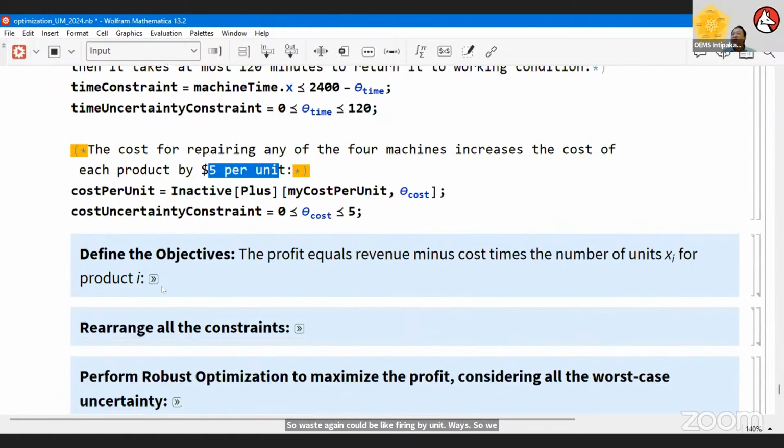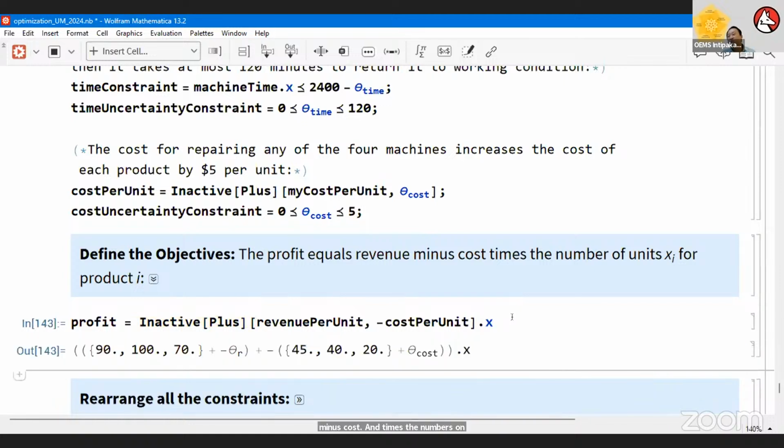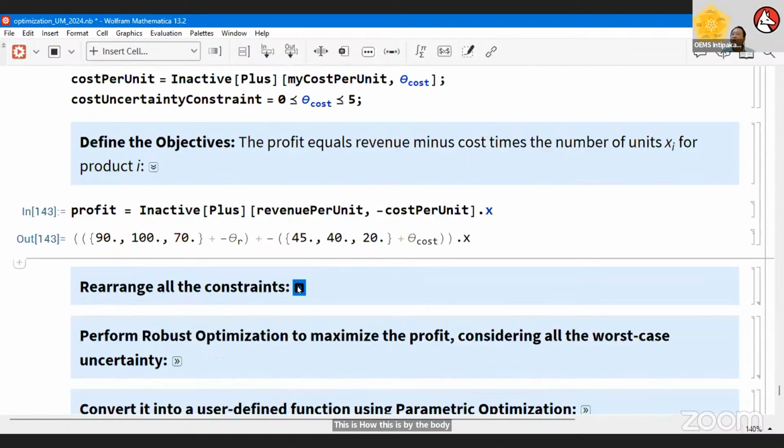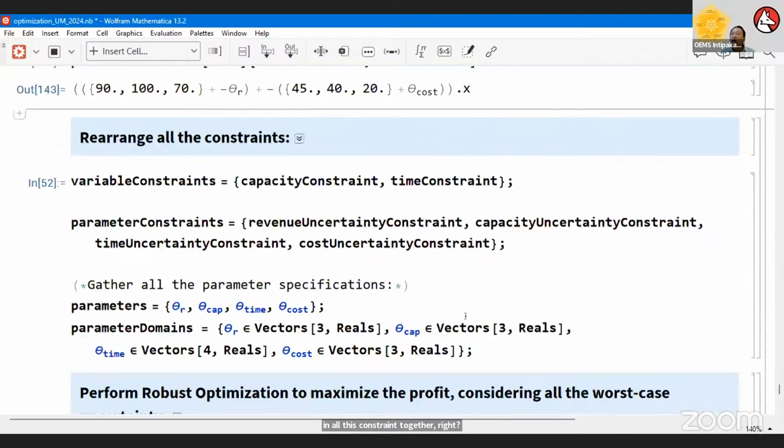Now, with these slightly more complex situations, our objective function is still very simple: revenue minus cost times the matrix X, the number of products, the mixture of products we are going to produce. But if I put in all these constraints together, machining time, capacity time, and also the uncertainty time, I have several parameters I need to put in.